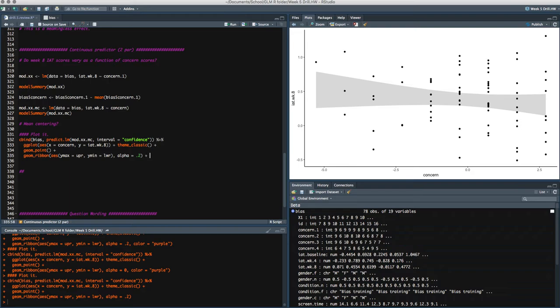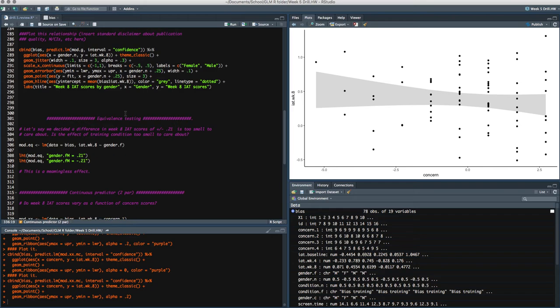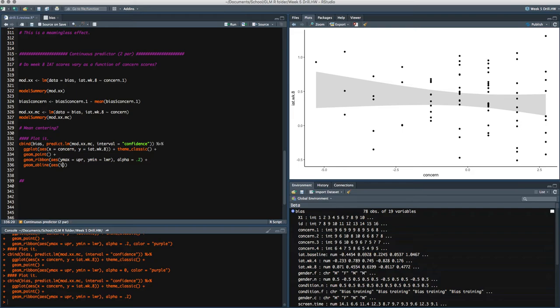Then let's add in our regression line. So we need a geom_abline. And for our aesthetics, unlike before where we were just putting in a horizontal line where all we needed was an intercept, in this one we do need an intercept and a slope. So we tell it the intercept equals, and again, because we're using this model right here, we just tell it to get the intercept from that model using our coefficients. And our intercept is the first